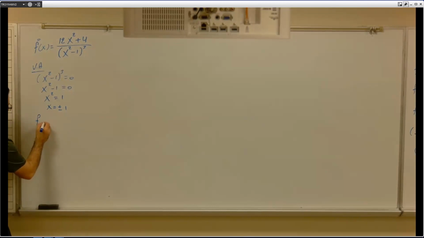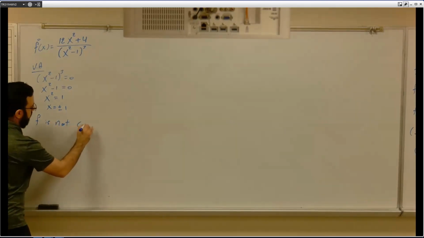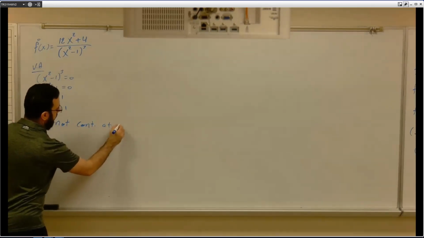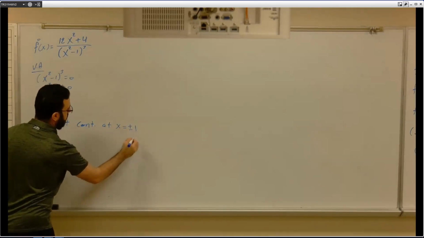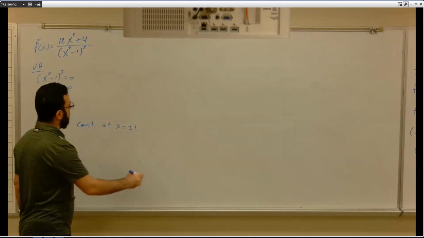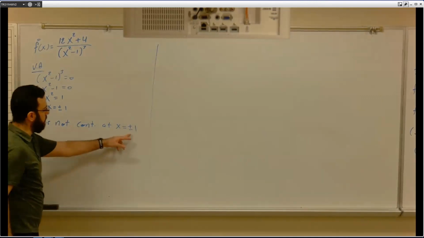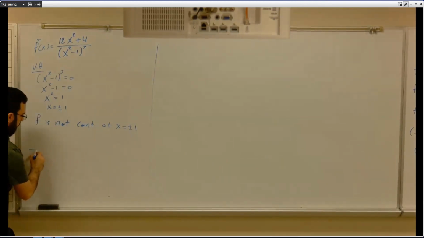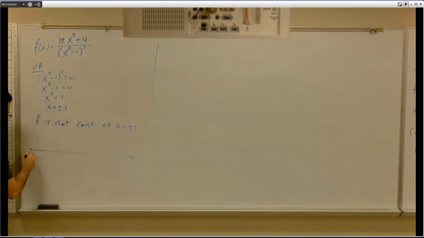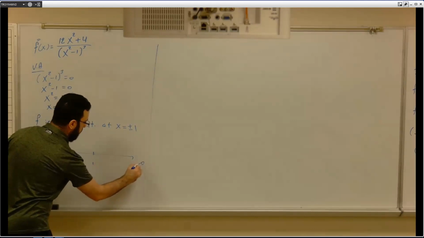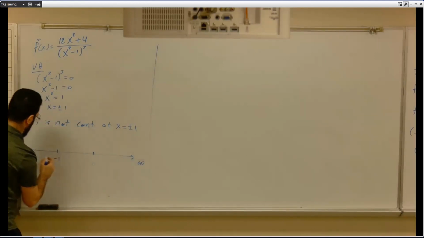So we have to know f is not continuous at x of plus or minus 1. So we're going to test the second derivative at these 2 points. That means from negative infinity to negative 1 and from 1 to